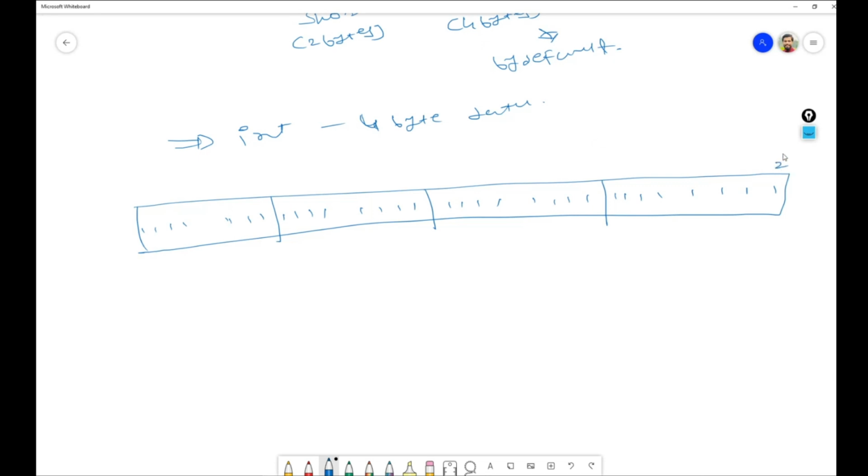So this means 2 raised to 1, 2 raised to 2, and that way up to 2 raised to 32. In the 4-byte we have 32 bits. So that means 2 raised to 32 bits of data we can store. What is the meaning of 2 raised to 32? That means 4 gigabyte data. So we can store 4 gigabyte data in the form of